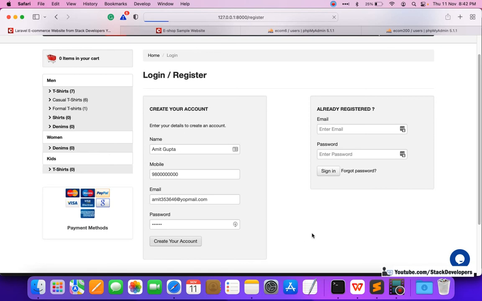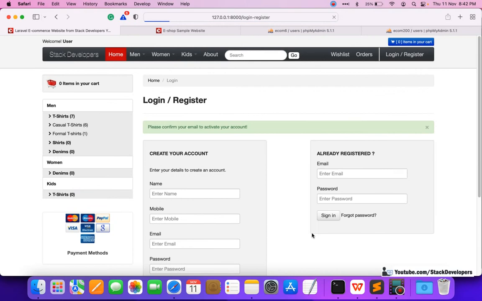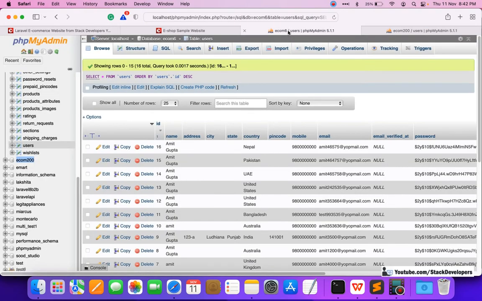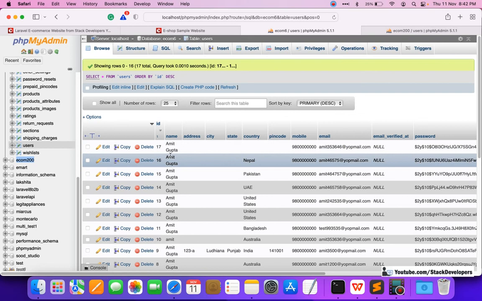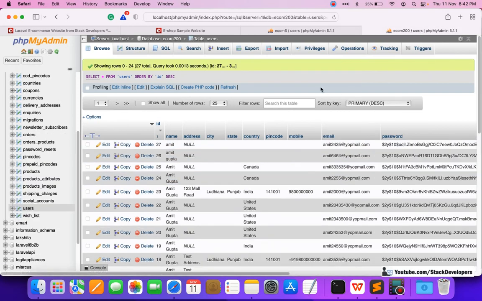I'm going to create the account now, and it is taking some time as it is also sending the email. I'm going to check whether the user has come up in both the tables or not. Here must be the 17th id, and here the 17th id, it is fine. Now I want to check the basic e-commerce website.